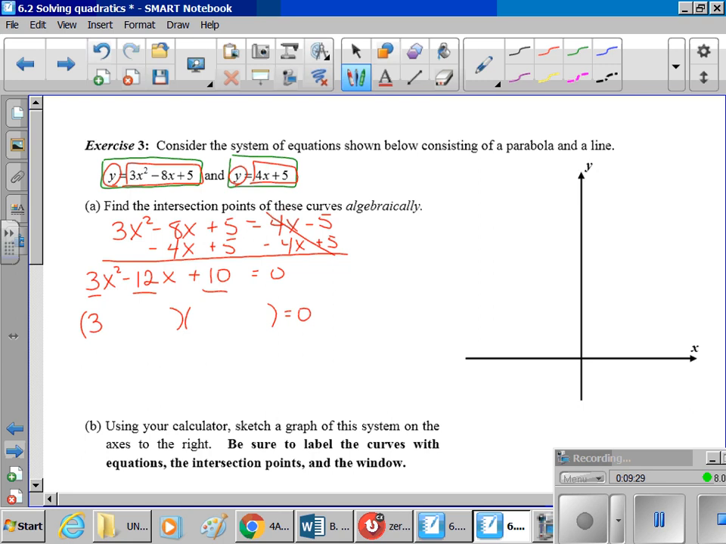So obviously I'm going to have 3x and I'm going to have x. And again, I need those factors to multiply to 10, but they have to add to give me 12. So let's see, 10, 5, 12. So if I put a 5,